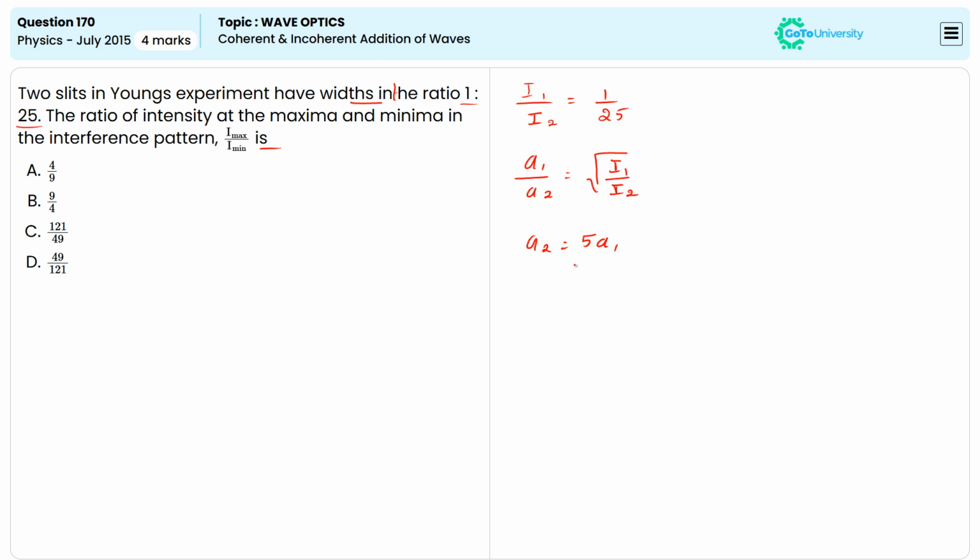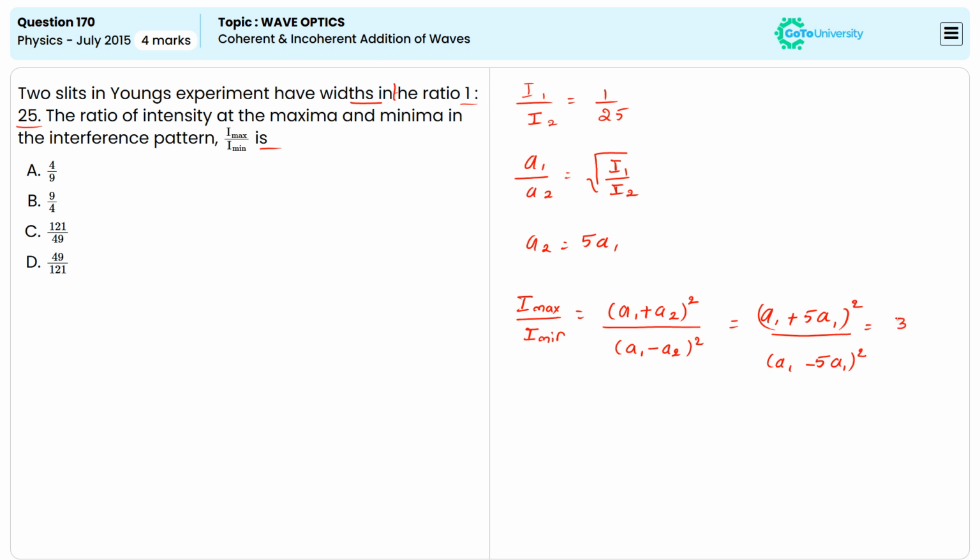Okay. Now, the ratio of the maximum to minimum intensity can be expressed as I max divided by I minimum is equal to (A1 plus A2) whole square divided by (A1 minus A2) whole square, which is equal to (A1 plus 5 times A1) whole square divided by (A1 minus 5A1) whole square. This is nothing but